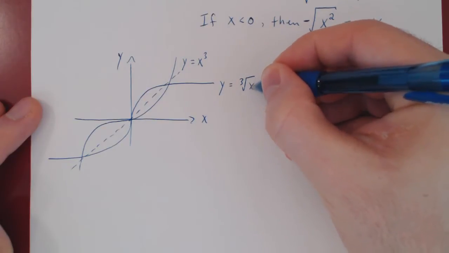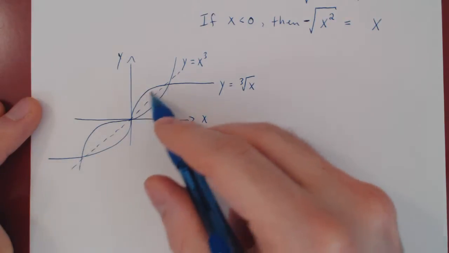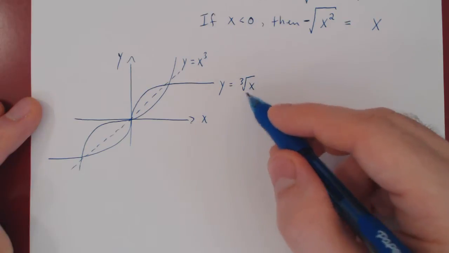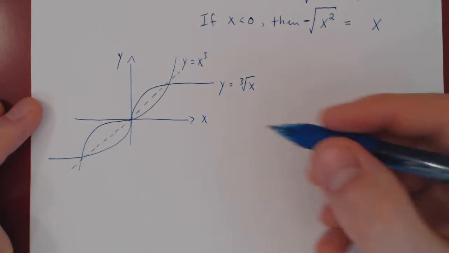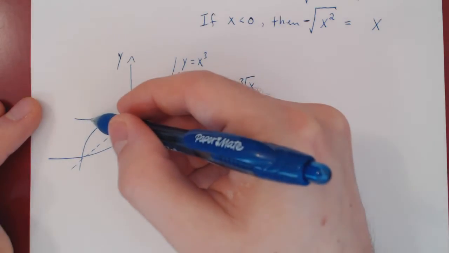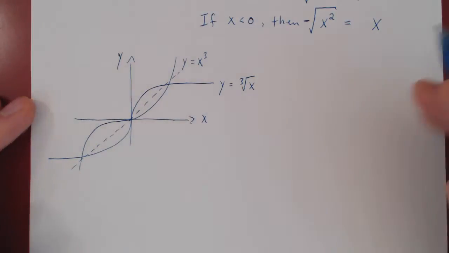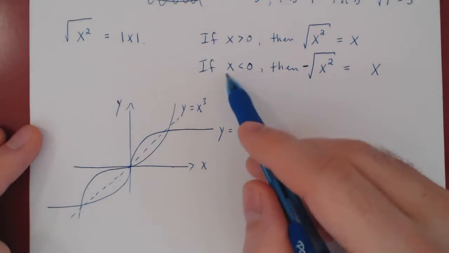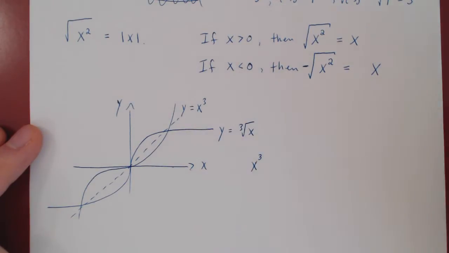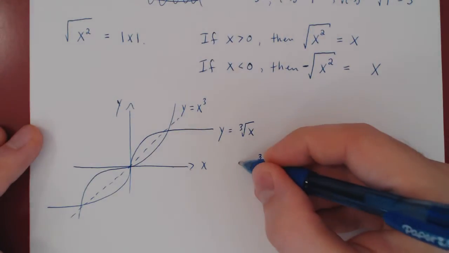So the problem we had about the square root function no longer exists for the cube root function. For any given value of x, there is a unique value to the cube root of x. And you can see, if x is positive, the cube root is positive. If x is negative, the cube root is also negative. And so here, there is no need to separate when x is positive and when x is negative. If you cube something positive, it's something positive. If you cube something negative, it's something negative. And take the cube root of that,